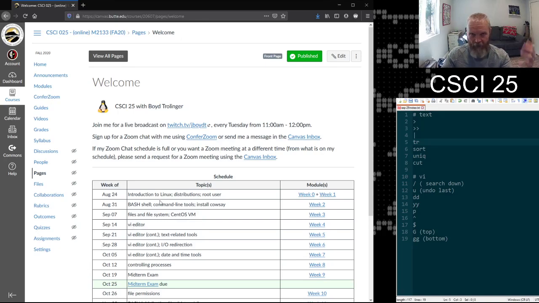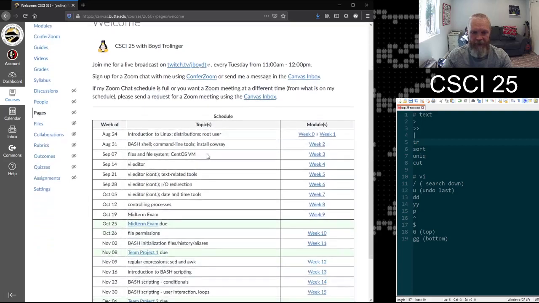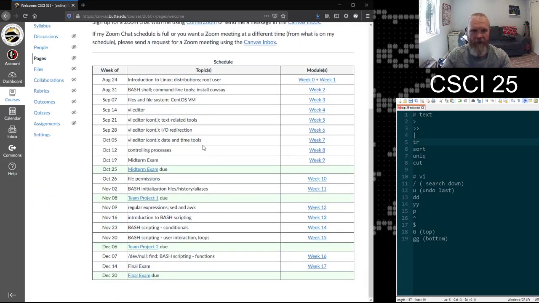Alright, so I'm going to start where I always start, and then eventually I'll stop saying that: looking at the homepage to get a sense of what we're doing right now, and to remind you about the things that are out there in your not too distant future. So we're in week 6. This is the third of 4 weeks where I'm just trying to get you to a minimal